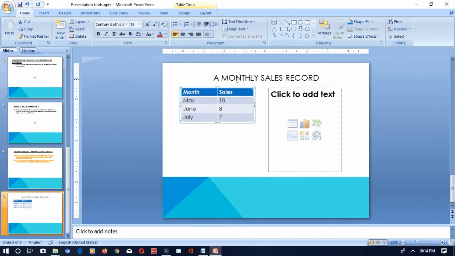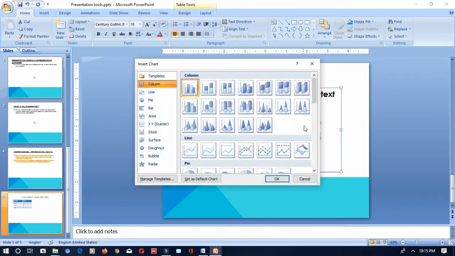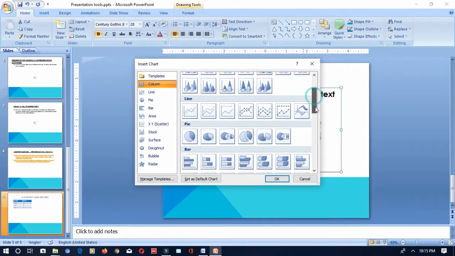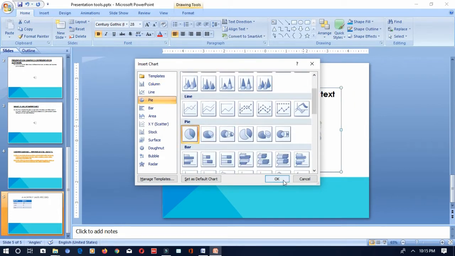and then if you want to insert a chart for this particular table, how will you do it? In the next one, you see, click to add the chart. So you have an insert table option and an insert chart option. You have to click on this insert chart option. Which type of chart did I want? I wanted a pie chart. So I'm just selecting it and saying okay.